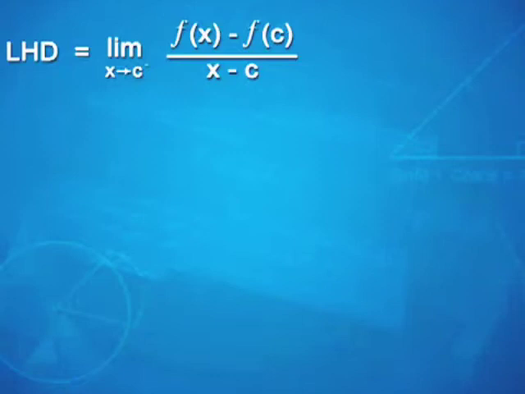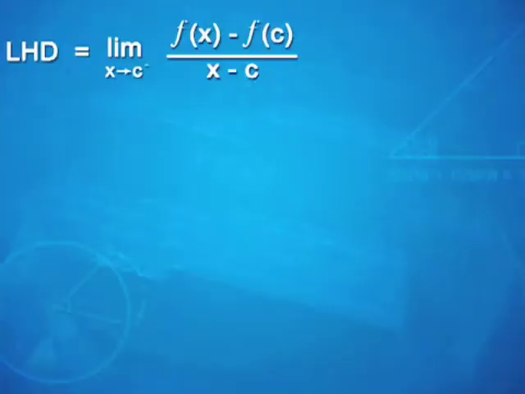So, this limit, that is the limit of f(x) minus f(c) upon x minus c, again depends on whether, as x tends to c from its lesser or greater side, it converges to the same value or not. And that is what brings up the definition of left hand and right hand derivatives. What is left hand and right hand derivative?